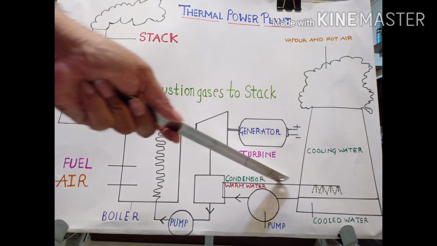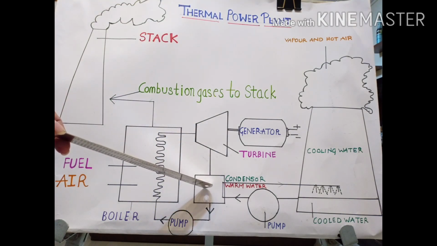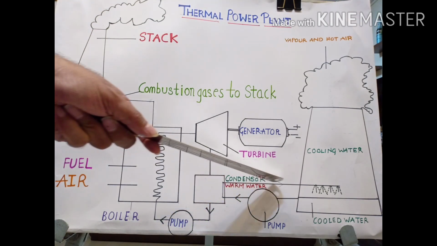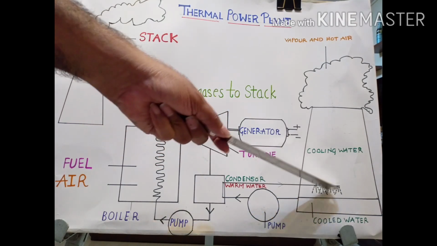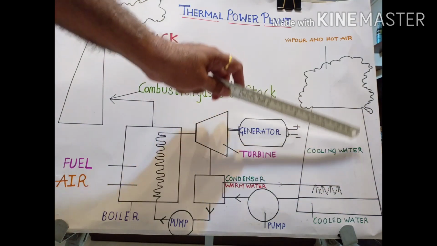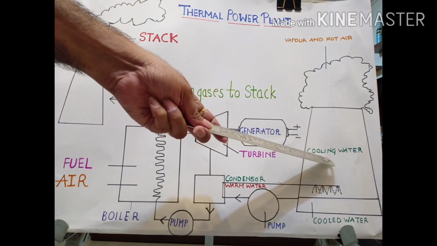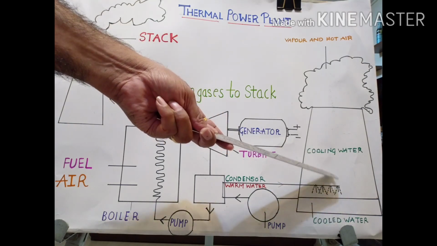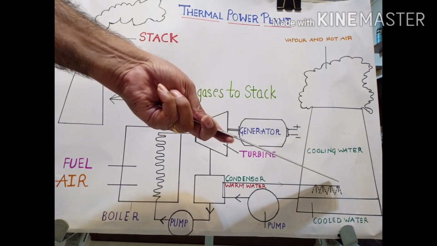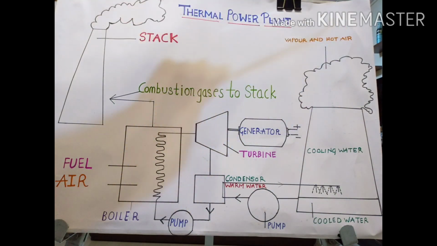Now here what you are seeing is a cooling tower. Whatever steam is collected by the condenser after it drives the turbine goes into the cooling tower, where the condenser supplies the steam to the cooling tower. In the cooling tower there is a lot of water, so the heat in the steam is absorbed by the water in this cooling tower, right? And whatever heat is absorbed is given out in the form of water vapor and heat energy from the top of the cooling tower.